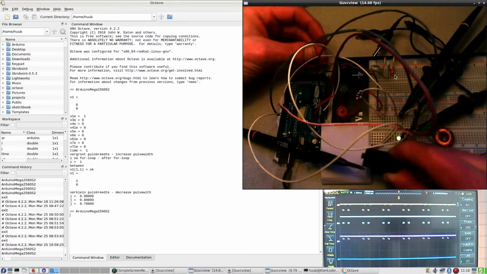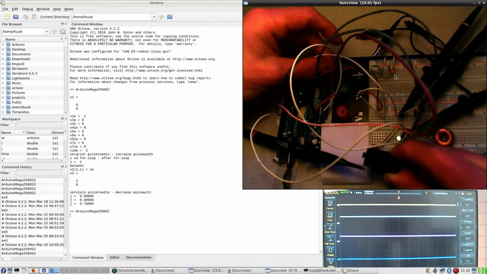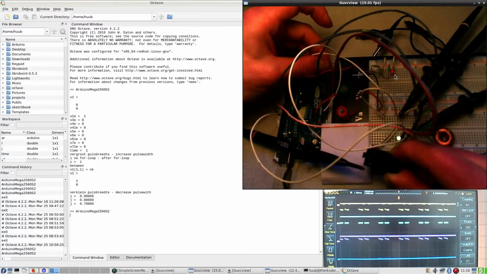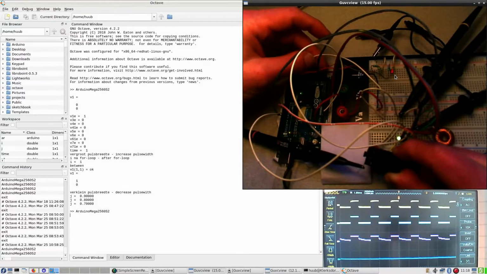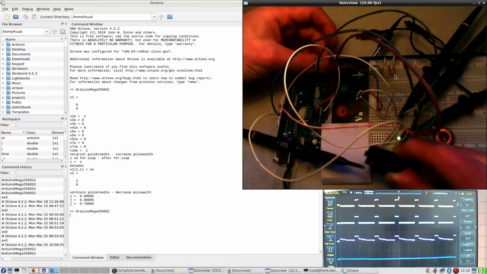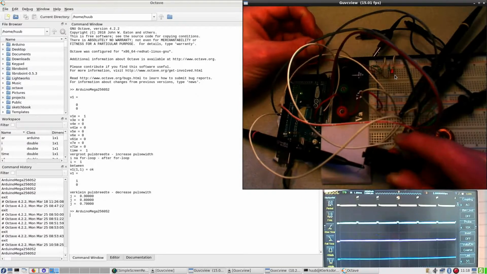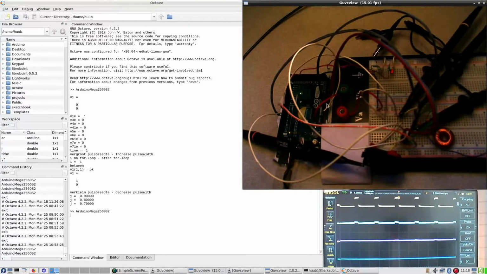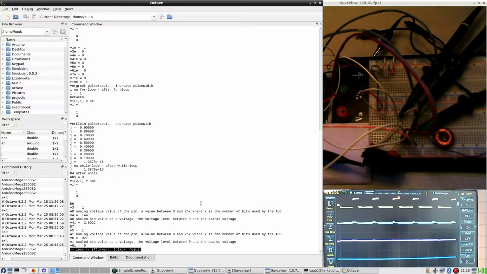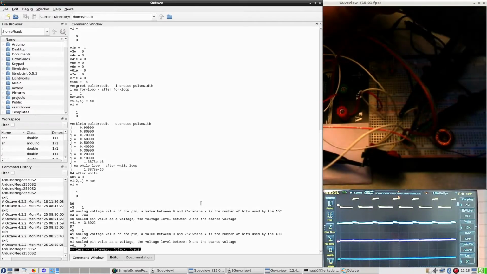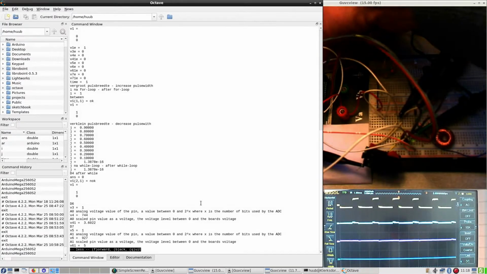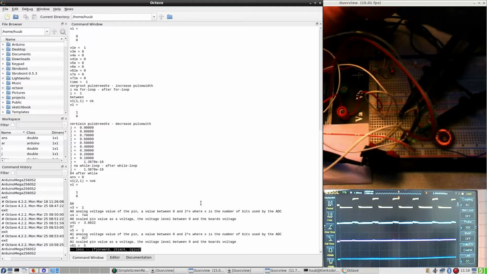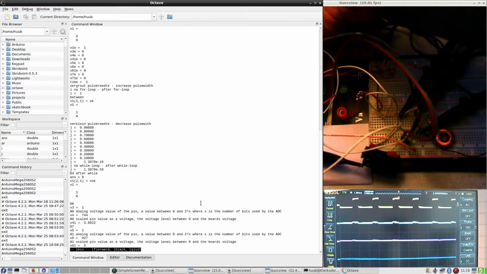No, because the wire is out, and that certainly doesn't help. That's not good. Okay, I have to cancel this because it doesn't work this way. Okay, wire set again,